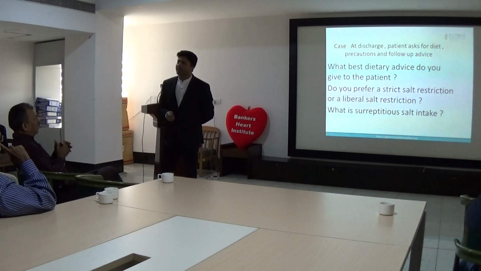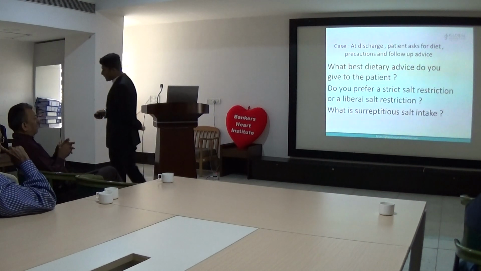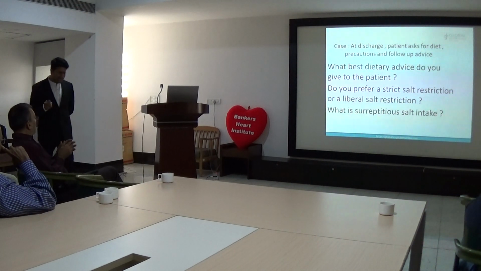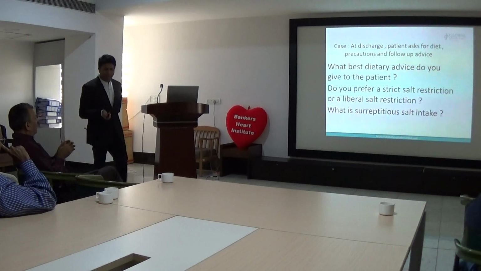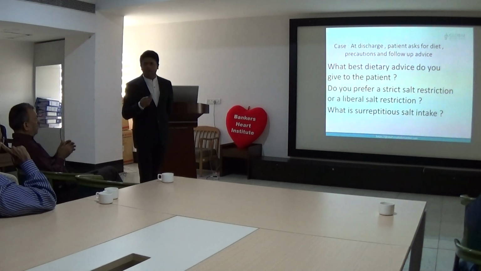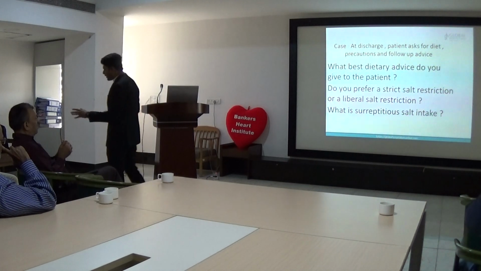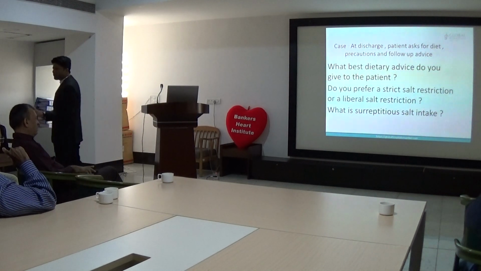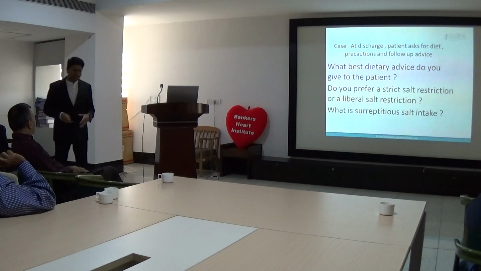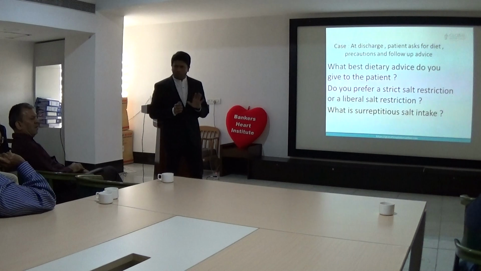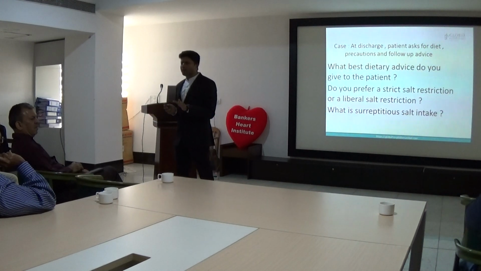2 grams is ideal, but many times 2 grams leads to aversion to food. The patient does not eat, and that worsens the sarcopenia in a cirrhotic setting. So that itself can lead to other complications. So you can be a bit more liberal. You can allow around 3 to 4 grams or 5 grams. Our average Indian diet has around 12 grams of salt usually, so we can still allow 4 or 5 grams.